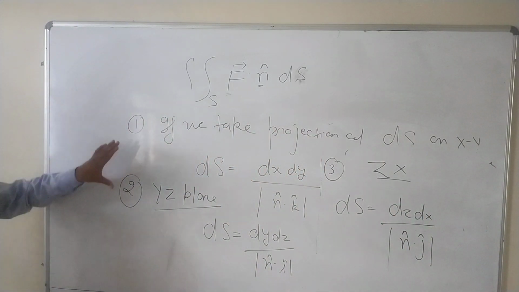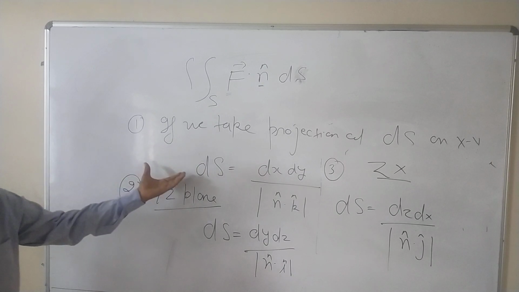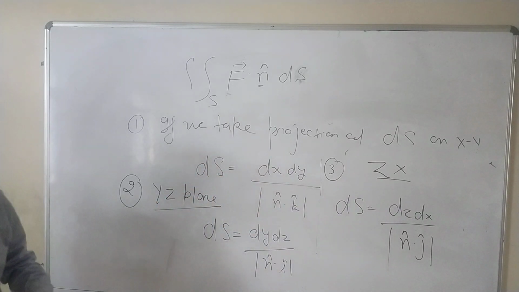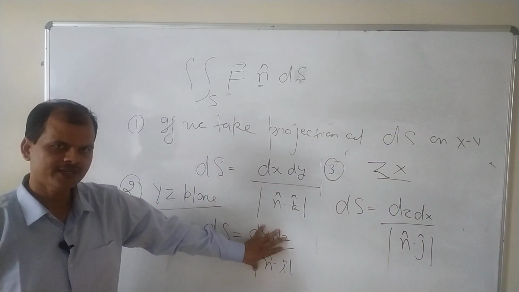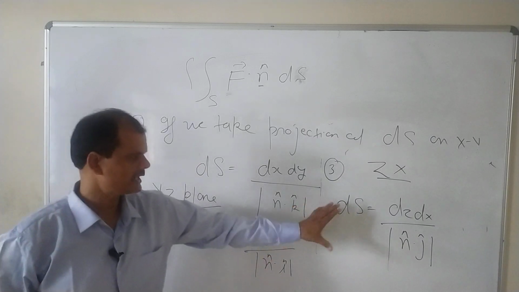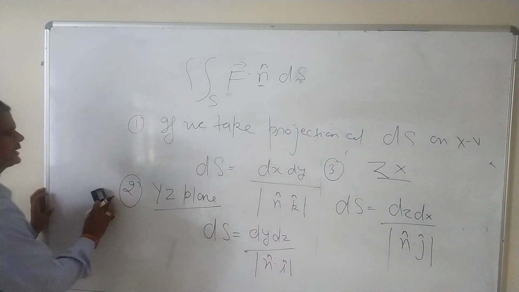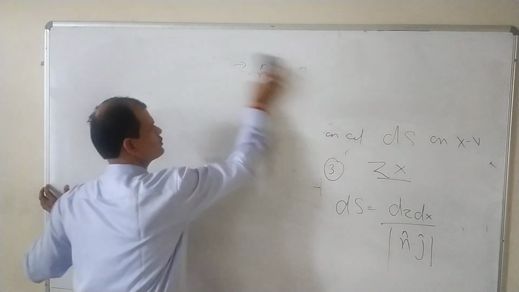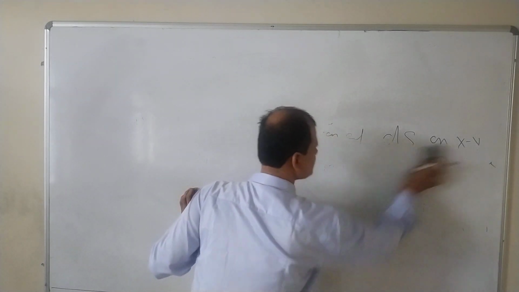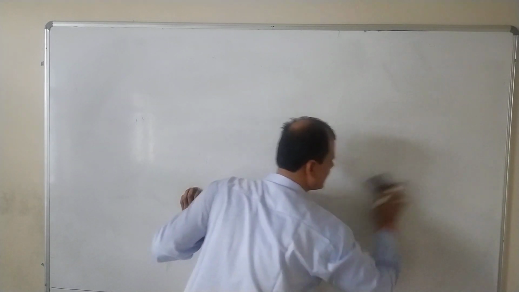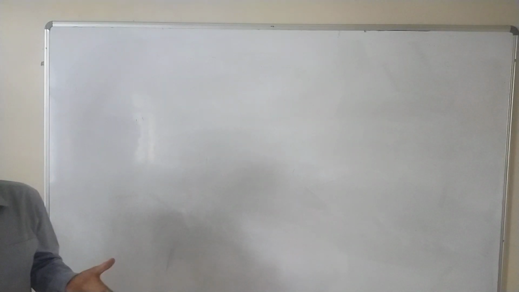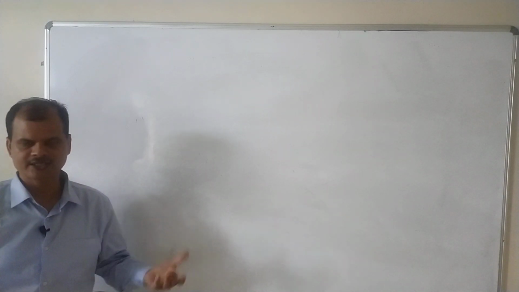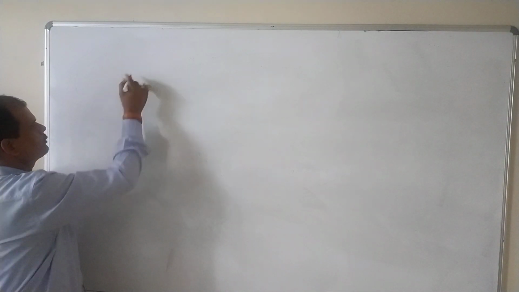So actually this is the conversion of vector calculus to vector integration to Cartesian integration. The right hand side will be the multiple integration we have done already, and the left hand side is your vector integration, fine. Okay, so I hope you understood. So how to change? We just take the projection of dS on any 2D plane, and your dS will change into either dx dy, dy dz, or dz dx. Okay, I'll take one problem, then it will be more clear.